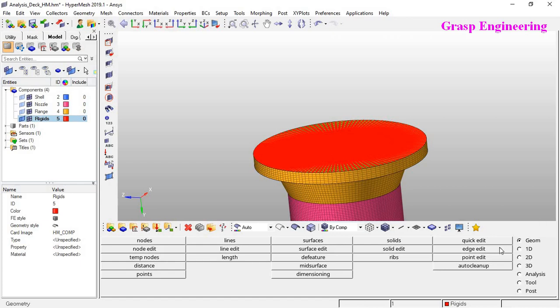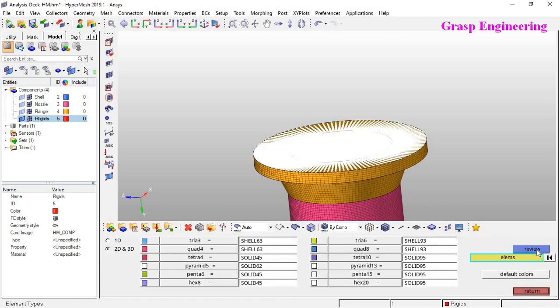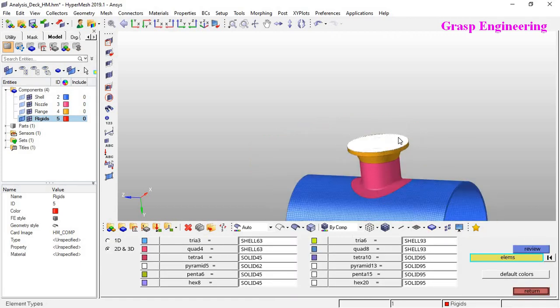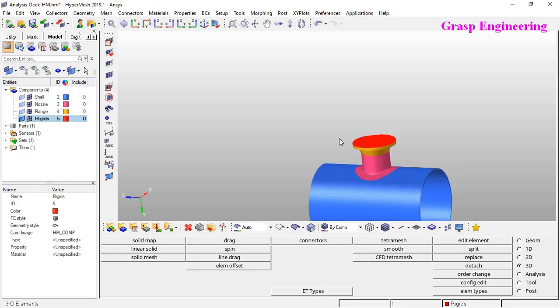Now let's go to this respective node. As we know that we need to apply. So first, if you want to review that, you can review the element type. See, it is showing that series. So let's keep it series, constant equation, the rigid equations.